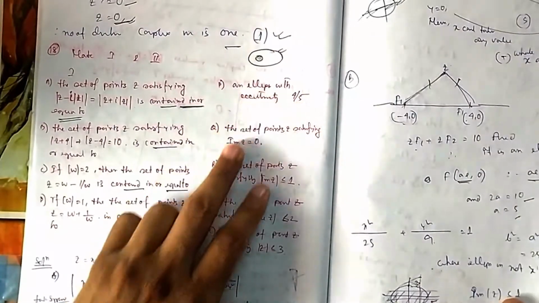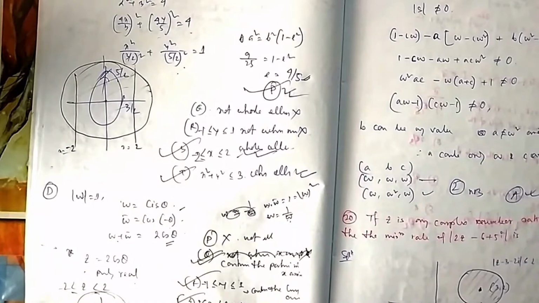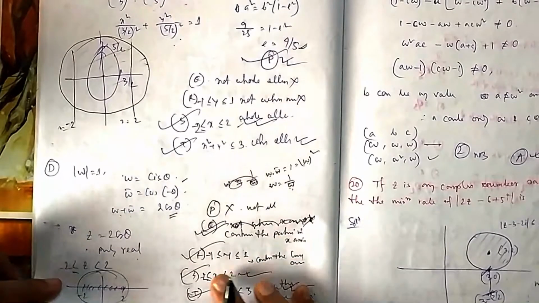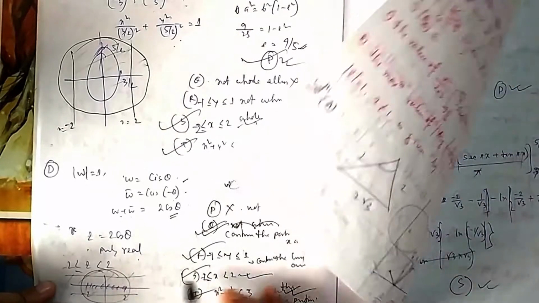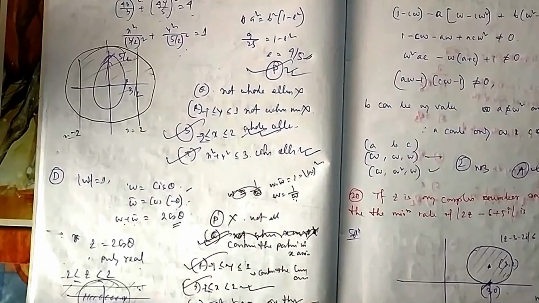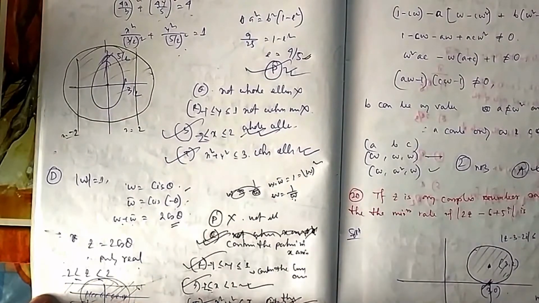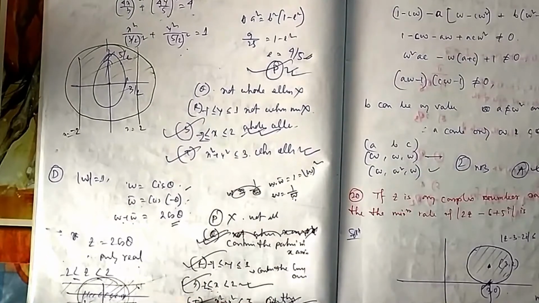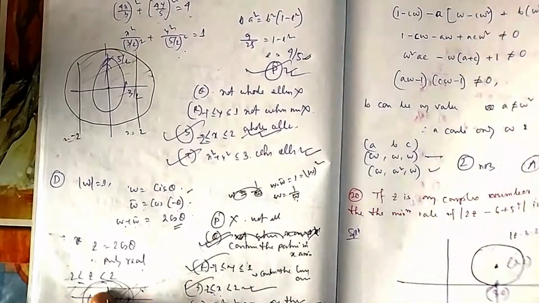So P will not be the answer because it is not an ellipse. The set of points which satisfy imaginary z equal to 0, yes, that is the entire x-axis. So yes, this is contained in the entire x-axis. So that's why this one will be your answer. And this is also contained in the set where the modulus of imaginary y is less than 1. They have told you the mod of that one was less than 1. It can be this side or this side. So this x portion is inside that zone, and also 2 and minus 2 are contained in this zone. So S is also the answer. T, obviously it is inside that circle. Center is origin, radius is 3, so minus 2 to 2 will be inside that circle, so obviously T will also be the answer.